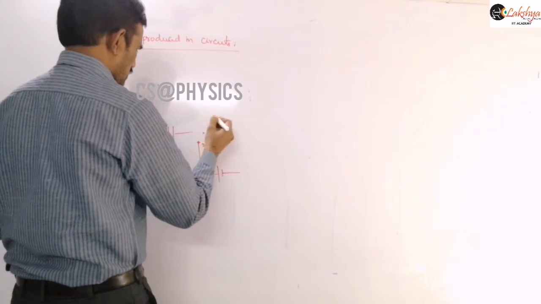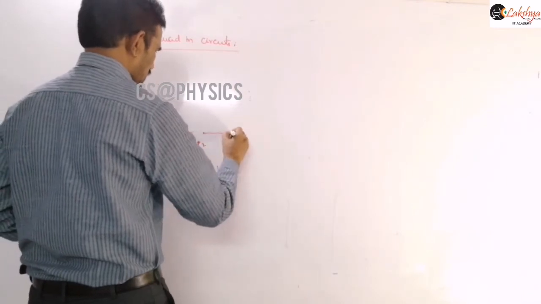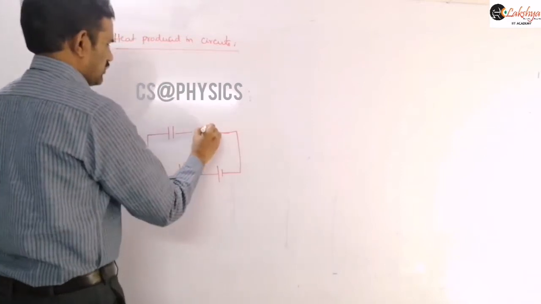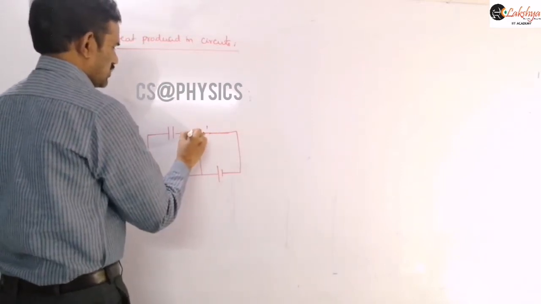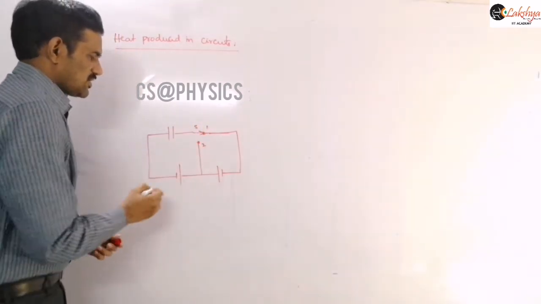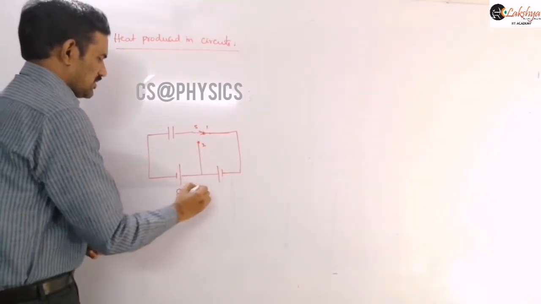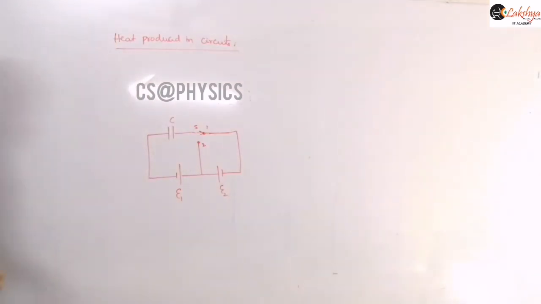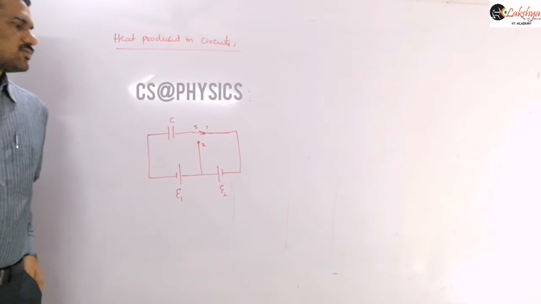Now say initially this first position will be there like this, and it is connected to this. So this is our first position. So this is our switch here. Now the switch is initially connected to this. This value I am taking as E1, and this is E2, and this is the capacitance C here. So now write that question.